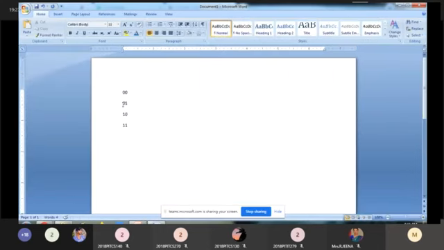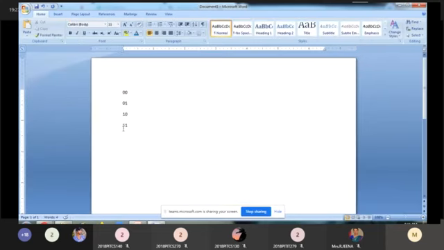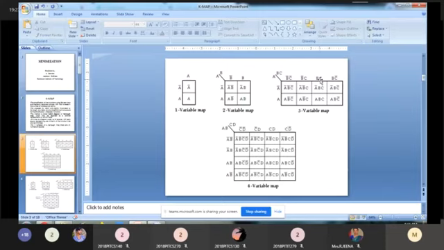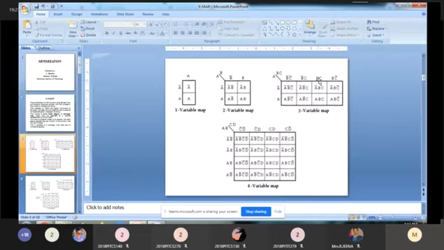What is the next one? 0 1, where 0 means complement, so B bar and 1 means C. Next, for the third place we have to interchange the values. So the third place is 1 1, which means B and C, and the fourth place is 1 0, which means B and 0 means C bar.